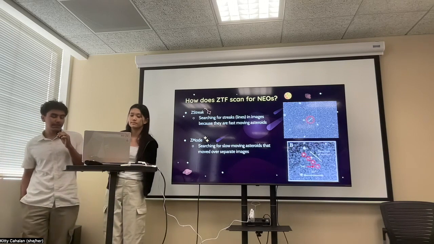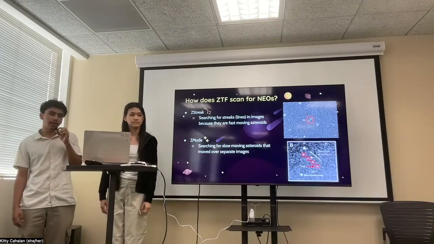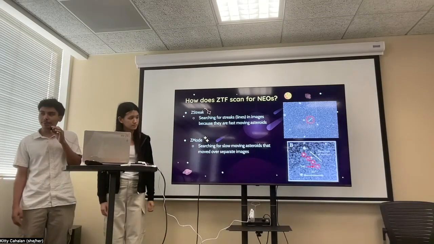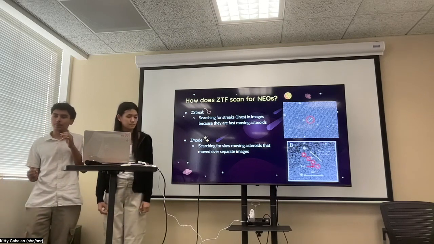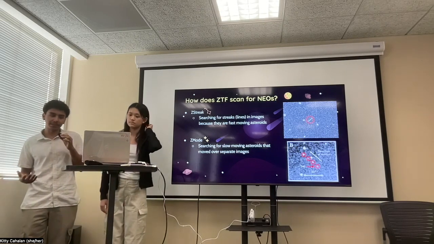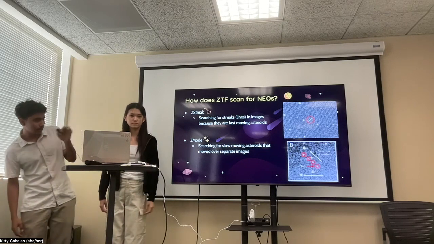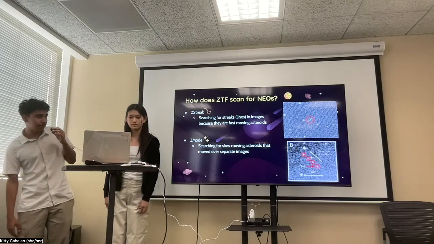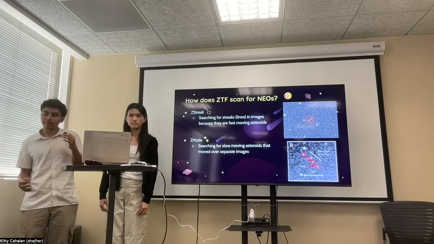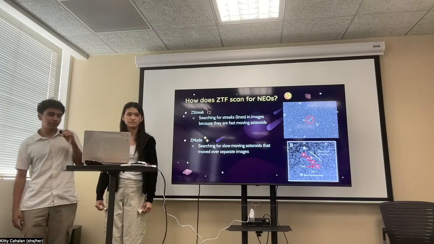So there are two primary ways that ZTF scans for near-Earth objects. The first is called Z-streak. Because asteroids are moving so fast, when you take a picture of them, they obviously don't come out still. As you can see in the top image, that is a picture of an asteroid. It's moving so fast, the camera can't capture it still, so it leaves a streak, and that's how we're able